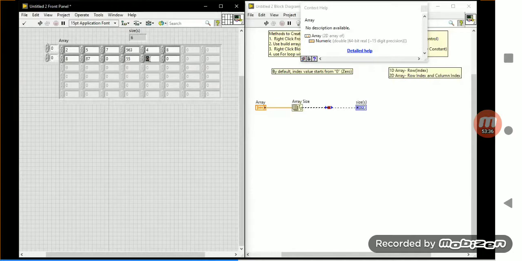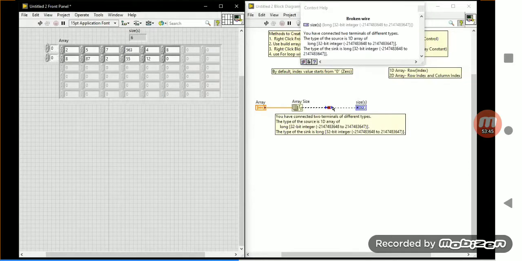The output scalar indicator is connected to array size. Then what is the actual indicator you will get? The answer is, we are connecting a scalar over there. What is the indicator you will get? The indicator will be a one dimension array you will get over there.